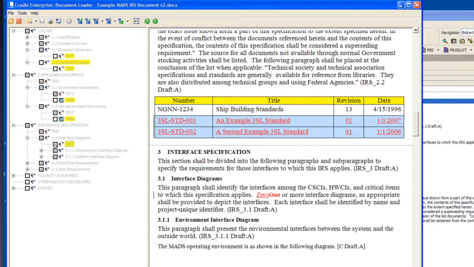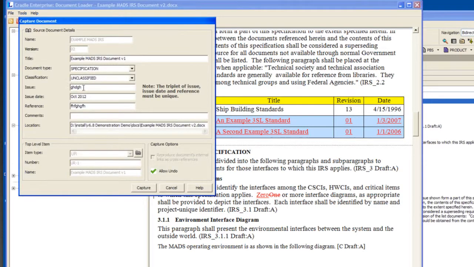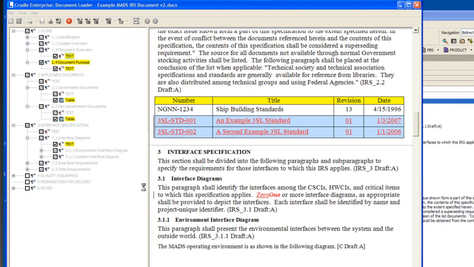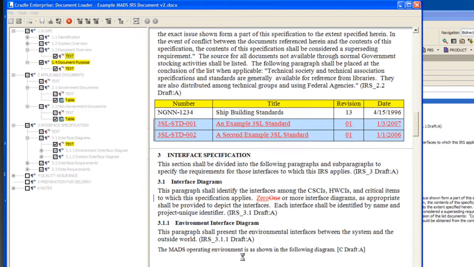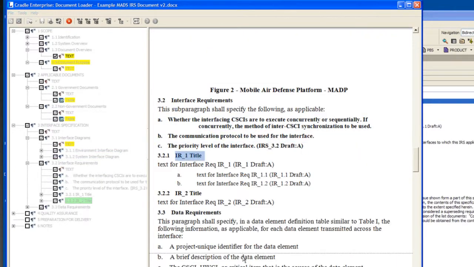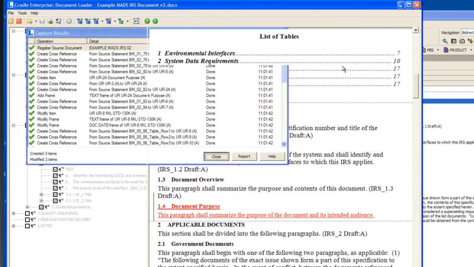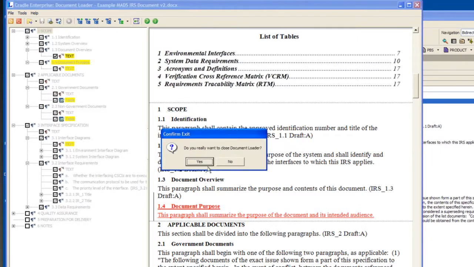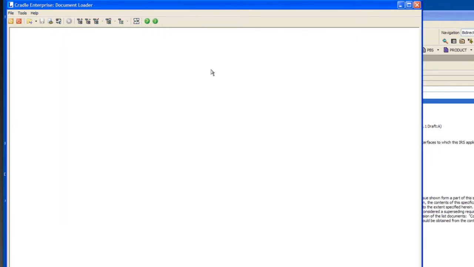Now I can decide whether I want to accept this new version of the document into the database. Perhaps I don't want to accept it because the changes are too large. Perhaps I need to talk to the customer about them. But for my demo, of course, I will load the new version of that document into the database, like so. Cradle takes a copy of that new Word document. It stores all of the changes in the database and updates all of the information inside Cradle,